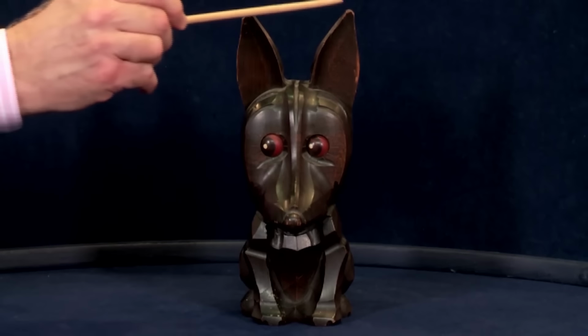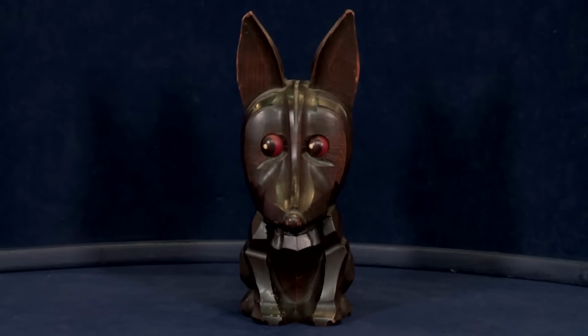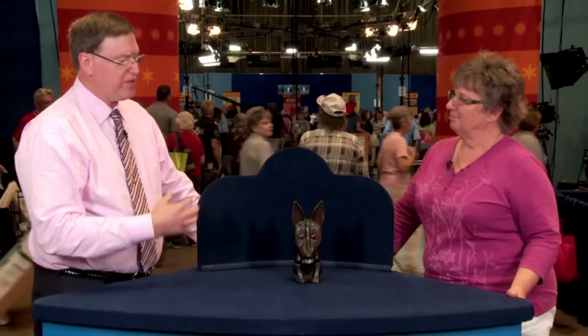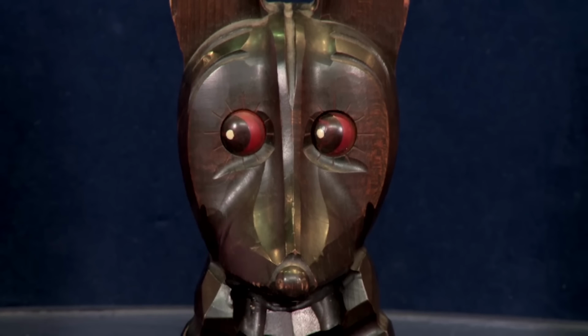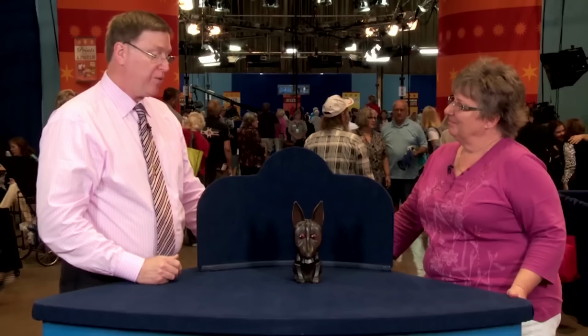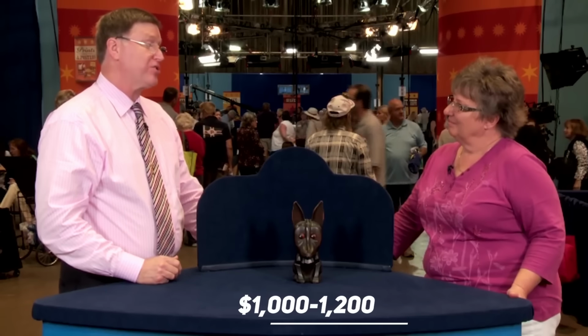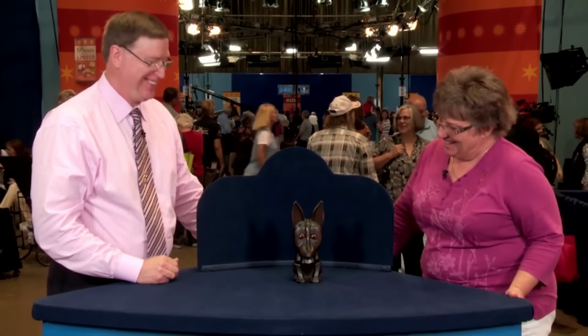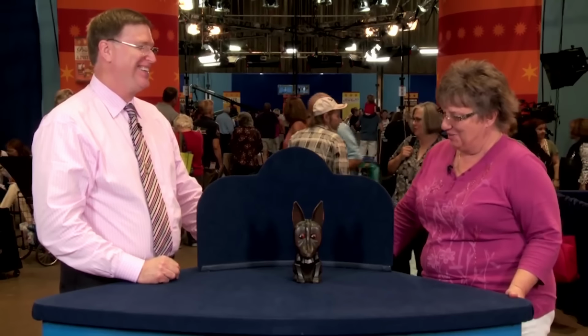While displaying signs of wear and some damage to the ears, collectors are likely to overlook such imperfections. Unlike more common models, this mysterious canine or fox clock is estimated to fetch a higher value. We felt that it could easily bring $1,000 to $1,200. Wow, amazing. Who would have thought the old dog was...